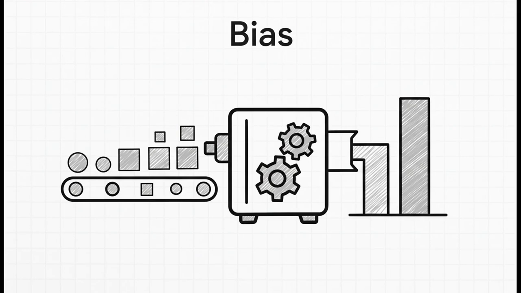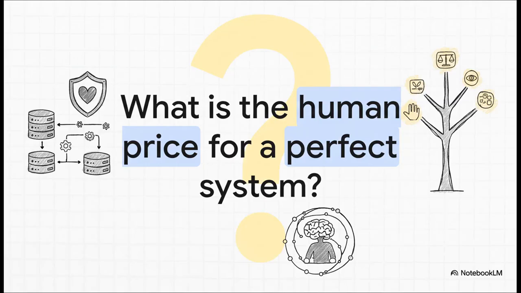If the data we feed our algorithms is full of historical biases, will our AI just learn to make those biases even worse? In our rush to personalize everything, are we accidentally building a massive system of corporate surveillance? And when we all click I agree, do we really truly understand the vast and complex data machine we're plugging ourselves into? So we end here.